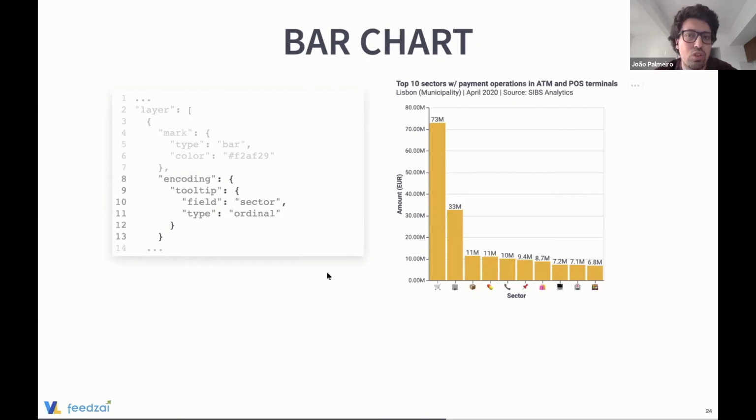Maybe this is not the most grammar of graphics based thing, but it's a nice addition for you to easily add this kind of information, maybe that is not so important at first glance, but for a bit more careful analysis, it's nice to have more information. So here, basically, maybe these emojis are not clear at all. They are nice because in terms of space, they are super small. Some of them are quite easy to grasp, but maybe you are not sure what these bags could mean. You can just go and check that. Okay, this is consumer goods, nice.